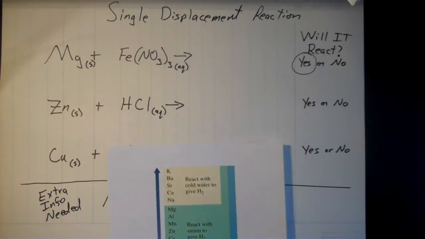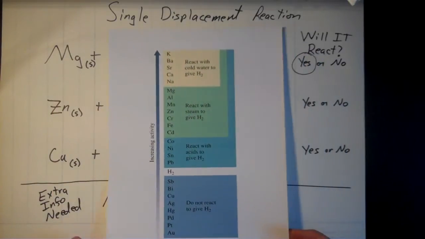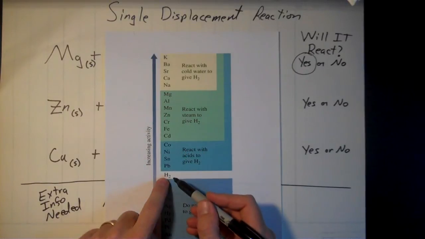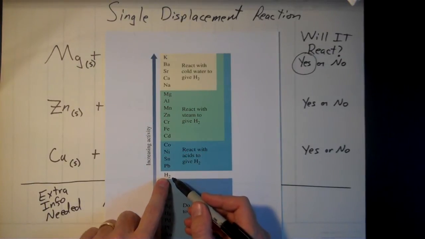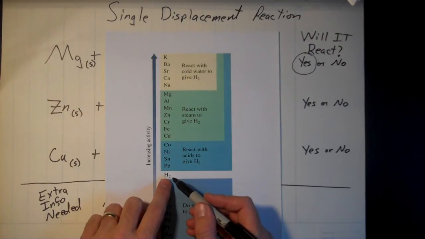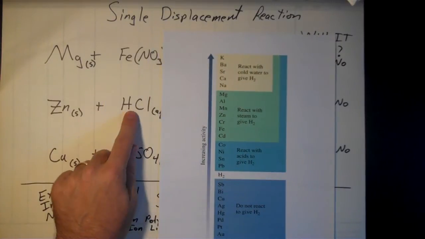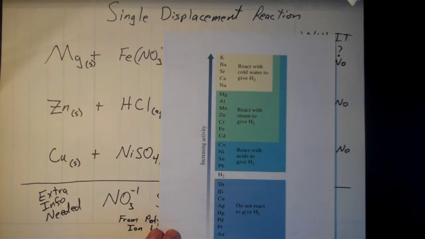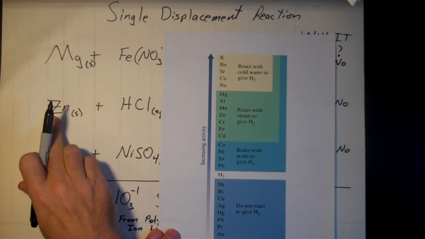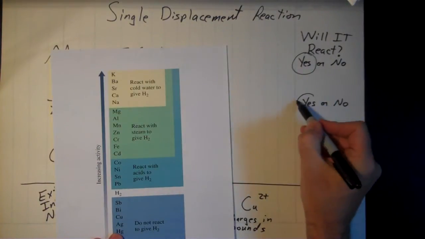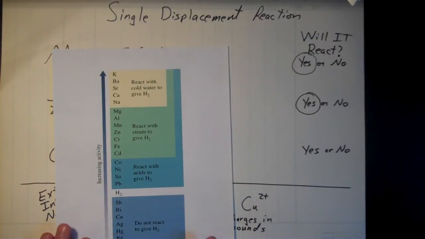All right, we can look at the next system here. It's zinc versus hydrogen. Again, we can look at our activity series. Here's zinc right here. The only nonmetal they put on the activity series here is hydrogen, and that's this one right here. They put it in its elemental form, which is a diatomic gas, which we'll use in a little bit. That's why it's listed there as H2. But that's the first element in the compound. So just like before, zinc is more reactive than hydrogen. It's higher up on the list. So the zinc here is capable of kicking the hydrogen out of the compound. So that one will also react.